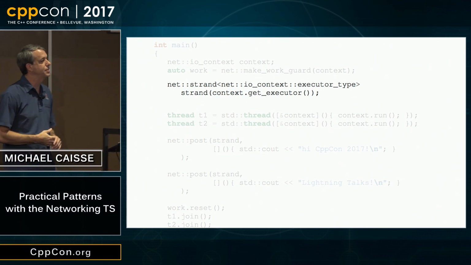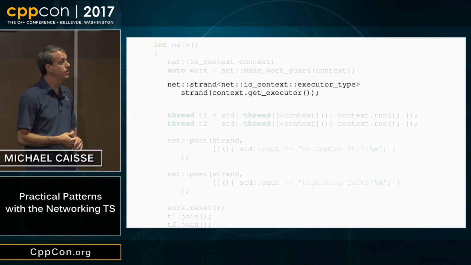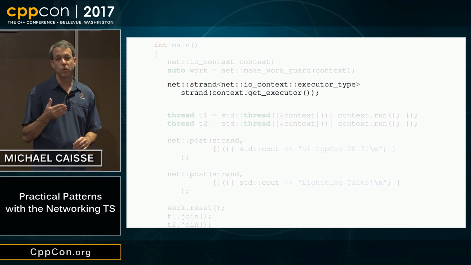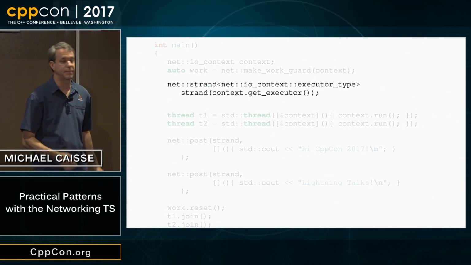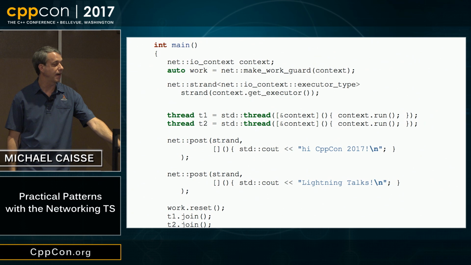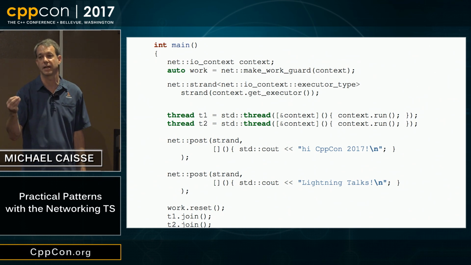So if you have a situation where you want to control differently, you can provide a different executor to do that. And Strand is one of those. Strand's policy is one in which only one item will run at a time that's associated with the strand. So we've added the strand, and now instead of passing the context to post, we are going to pass the strand to post. Strand is an executor. It's going to now have the policy of how this will be run. And even though we have two threads, both of the items that we've posted are associated with the same strand. So only one will be run at a time.